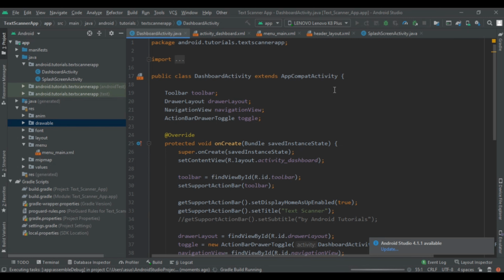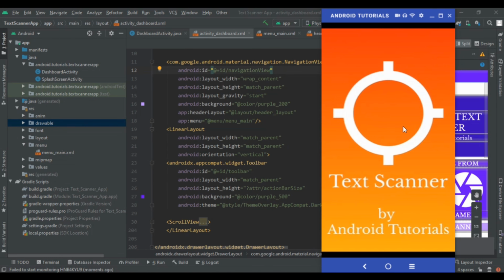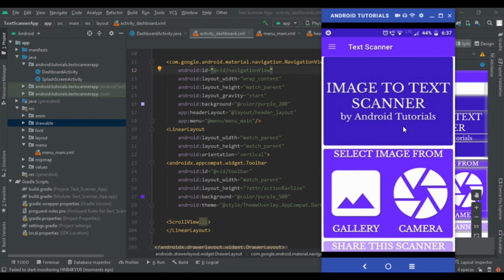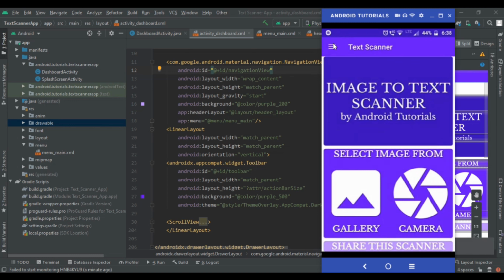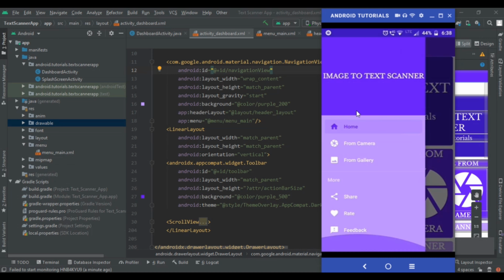Now let me show you the output. Here is our dashboard. You can see that it is scrollable, and when we click on our navigation drawer, you can see that our drawer is opening, and we have got our menu options. When we click on them, nothing is happening, but in our next video we are going to add the click listeners on these, and they will open different activities, and we are also going to change the design so it looks